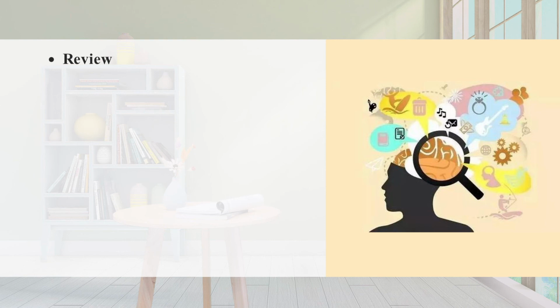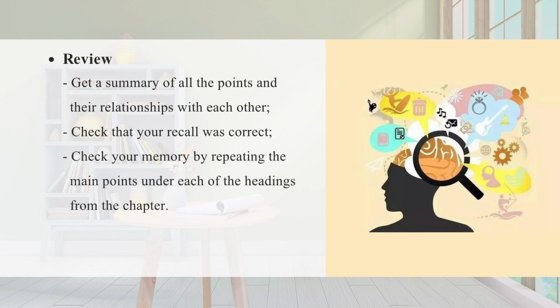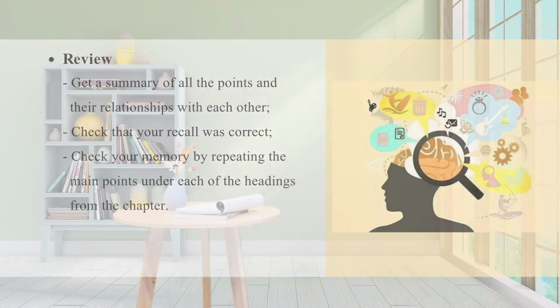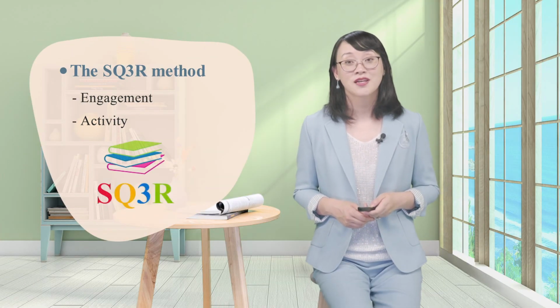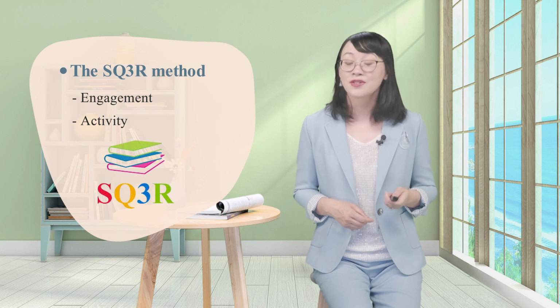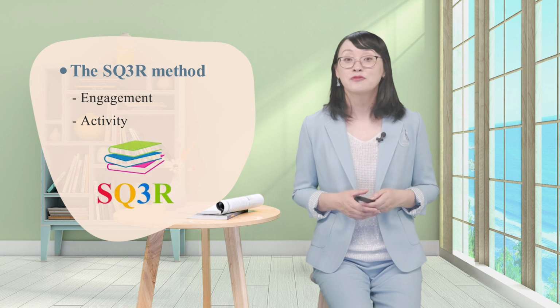5. Review. Look over all your notes to get a summary of all the points and their relationships with each other. Check that your recall was correct, and check your memory by repeating the main points under each of the headings from the chapter. In short, the SQ3R approach stresses engagement and activity, which are crucial elements in the process